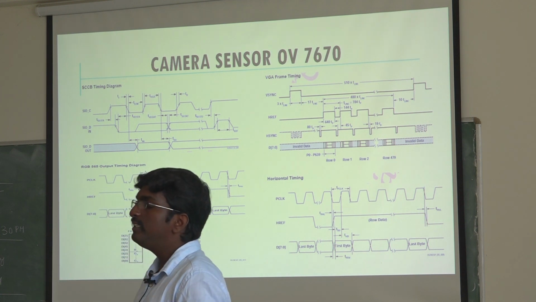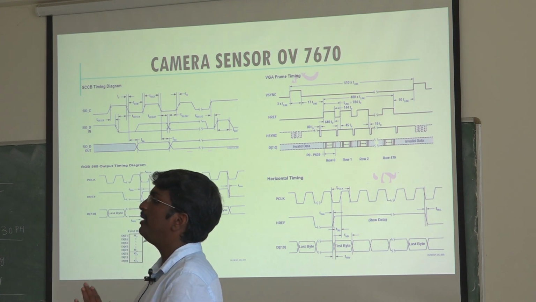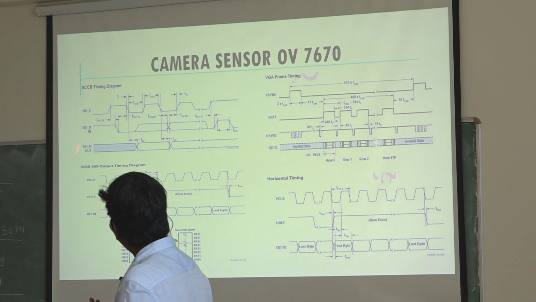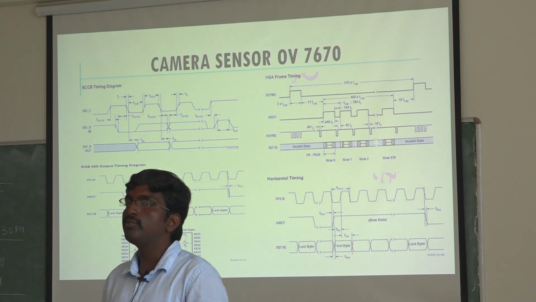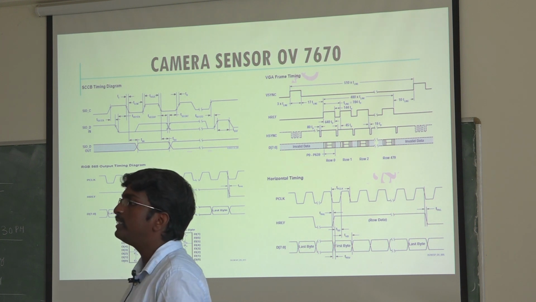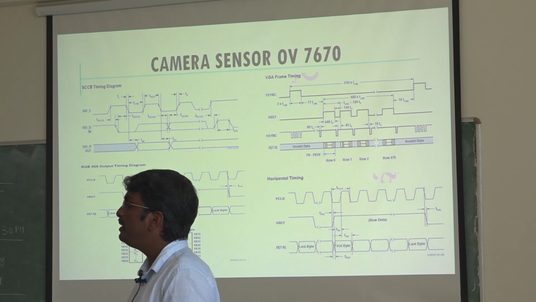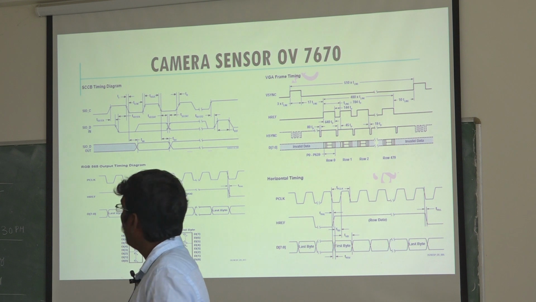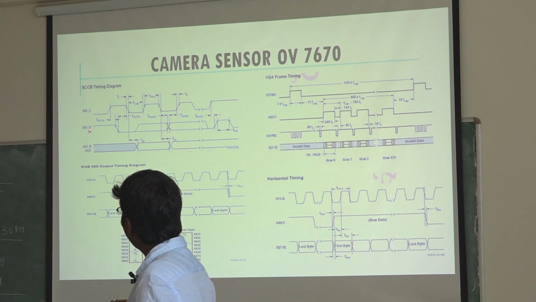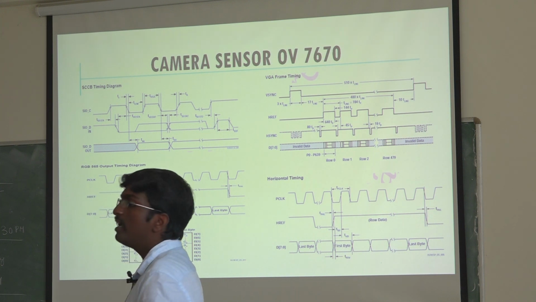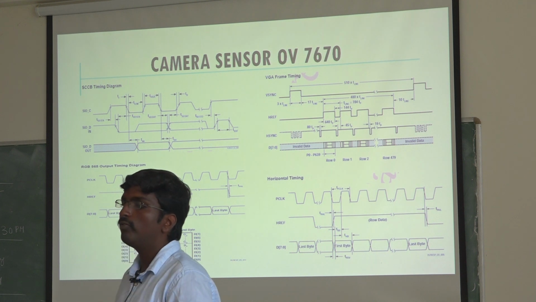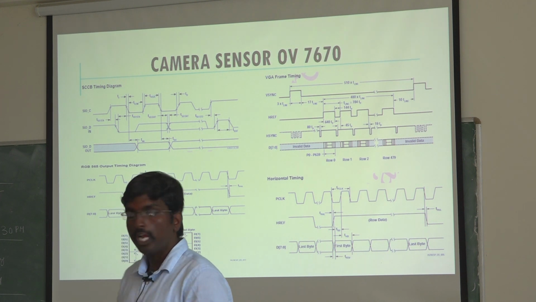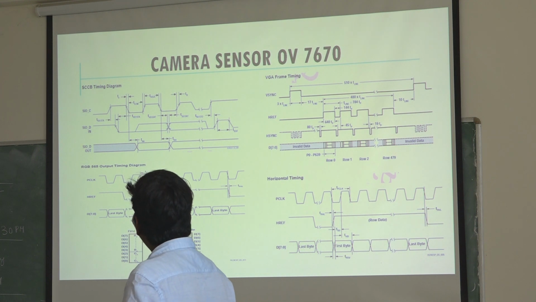These are the different signals generated from the image sensor. If the proper signals are generated, then your pixels will be proper. If they are not, whatever we get from D0 to D7 is not the pixels, it's something else. So for the SIOC or SIOD signals, what is the relation, and what are the different timings? Here they mention only the variables. The data sheet has the values for these variables, the minimum and maximum range. I'll show you the data sheet. Once the SIOC